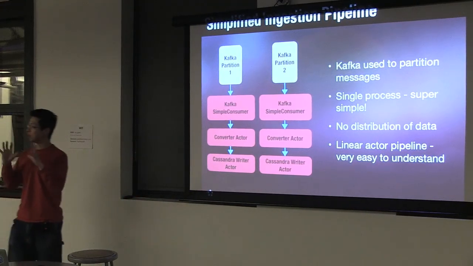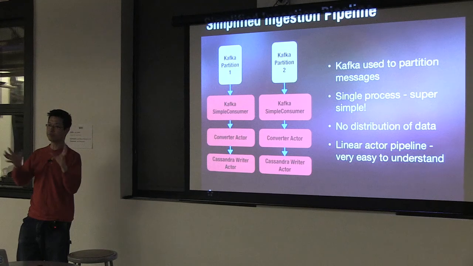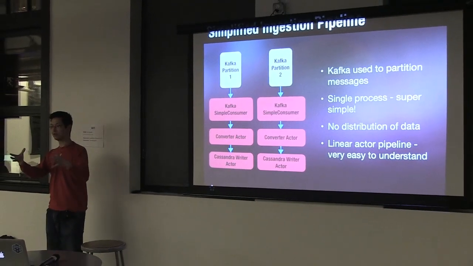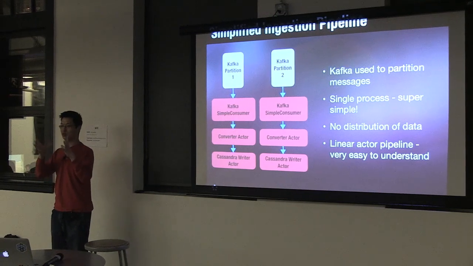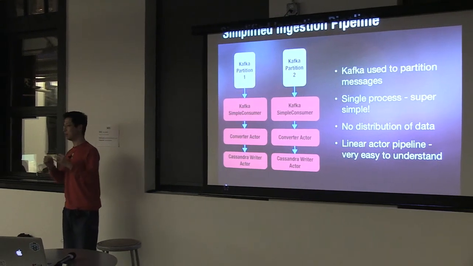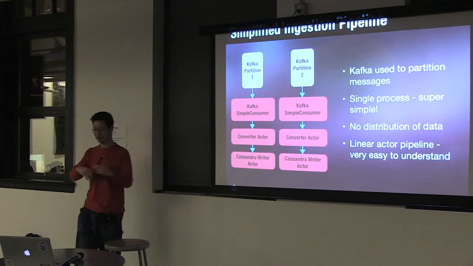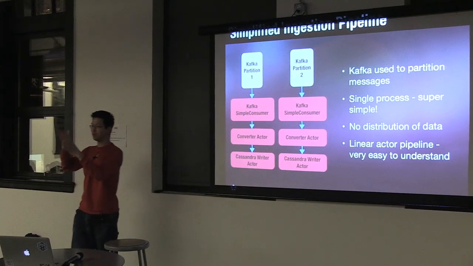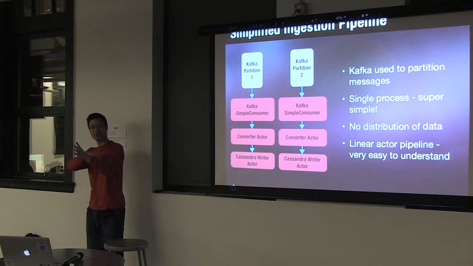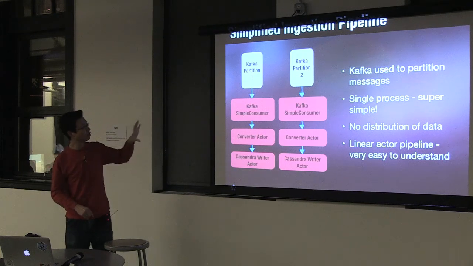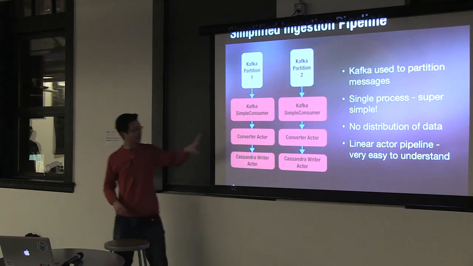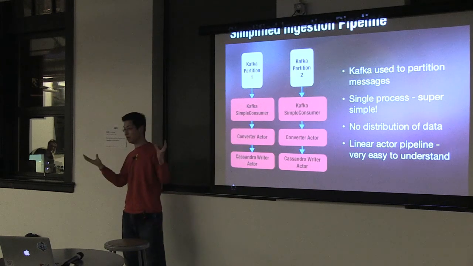Kafka has a really nice property: it has what are called topics. Let's say I'm ingesting a Twitter feed, and that would be one topic. And maybe my Facebook stream would be another topic. Within each topic, you can then set a number of partitions. When I'm sending messages into Kafka, I can essentially shard my messages and push to particular partitions based on hashing. So we decided to partition in Kafka, which means that each of our processing nodes is now completely independent.